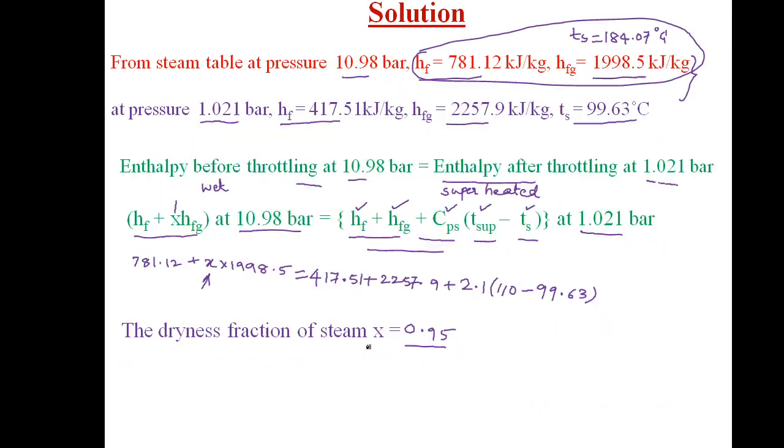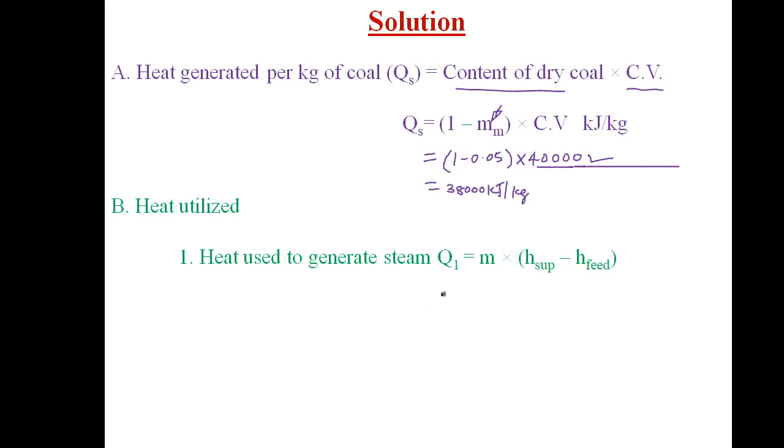Therefore here we must subtract the mass of moisture 0.05, and for the rest of the 0.95 kg of fuel we have to find out the actual calorific value of fuel. So if it is burned in dry form, then it will liberate the required calorific value or amount of heat energy. Now the heat which is generated is used to form the steam. So heat absorbed by steam is nothing but the enthalpy of superheated steam.